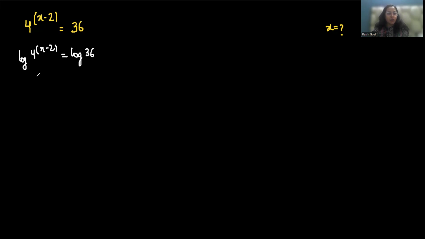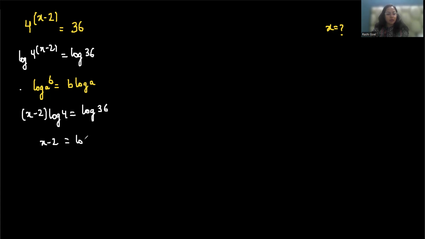Now according to the log rule, log a power b, we can write it as b log a. So x minus 2 log 4 is equals to log 36. x minus 2 is equals to log 36 by log 4. Now 36 you can write it as 9 times 4 and then apply the log identity, or you can directly